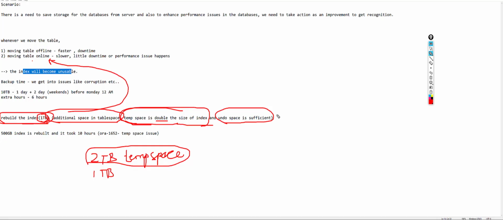Okay, so this is for any activity that we do on the database. But specifically when we move the table, we often consider all these precautions before we do. Why? Because just imagine if 500 GB